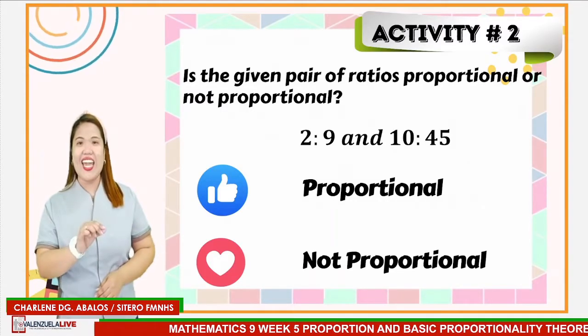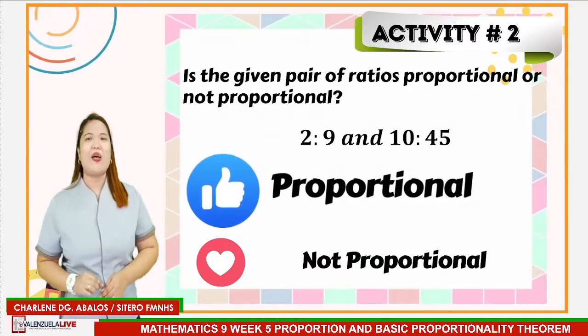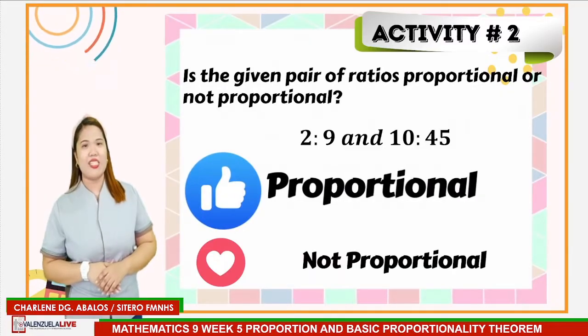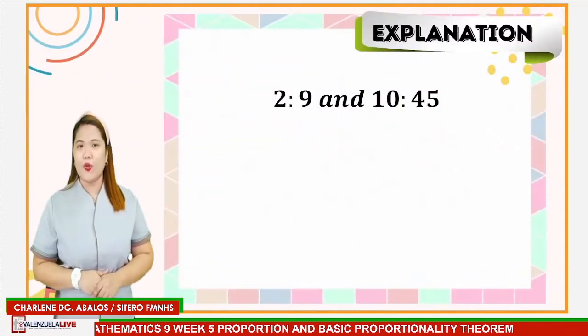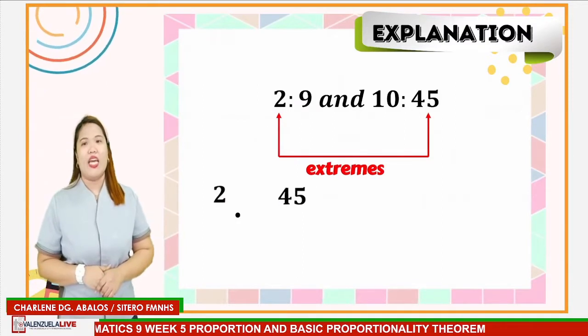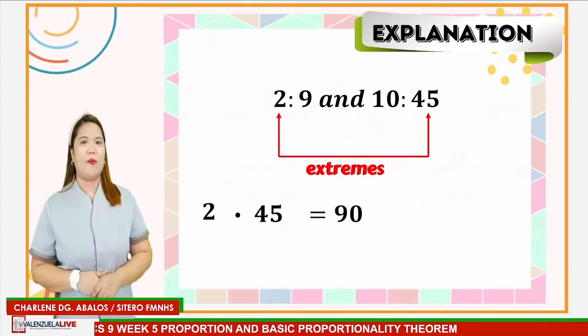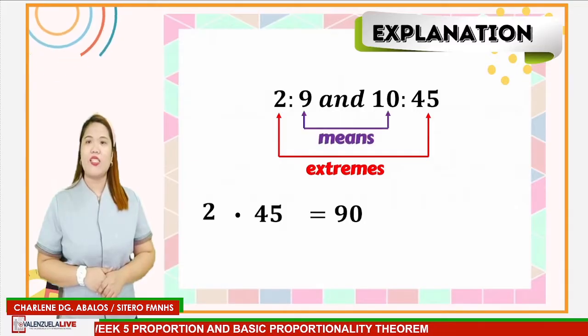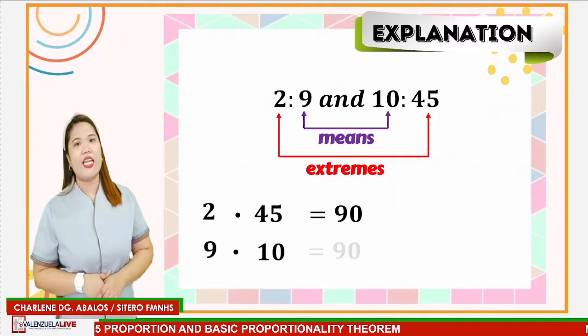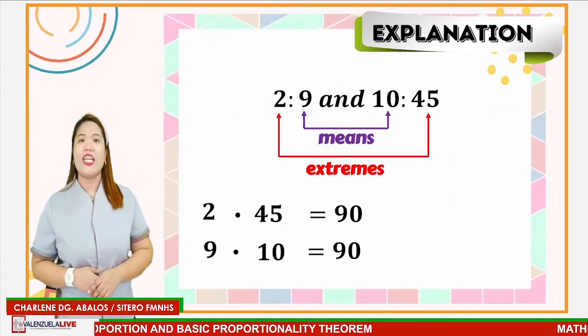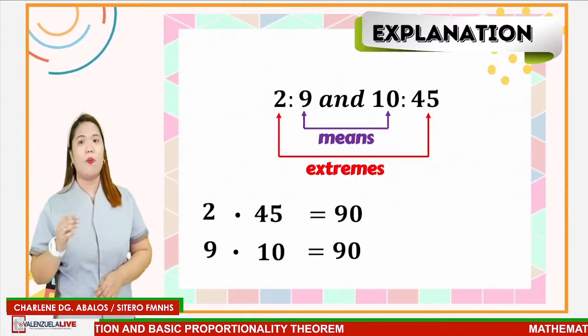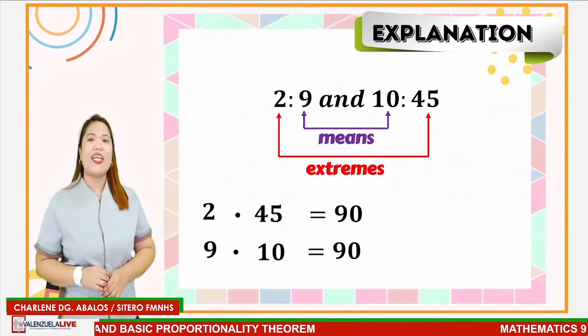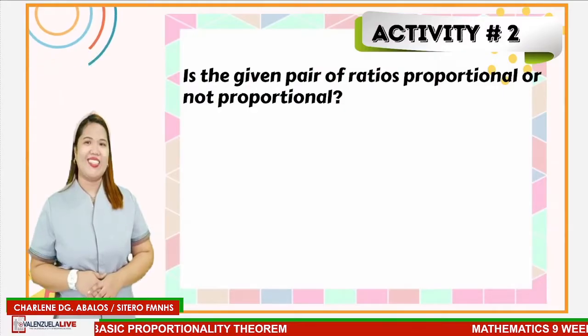Exactly, this is proportional. So multiply the extremes, which are 2 and 45, and it will give you 90. Multiply the means, which are 9 and 10, it will give you 90 as well. They are both equal, therefore, they are proportional. Next,